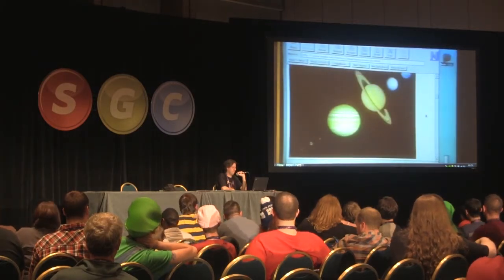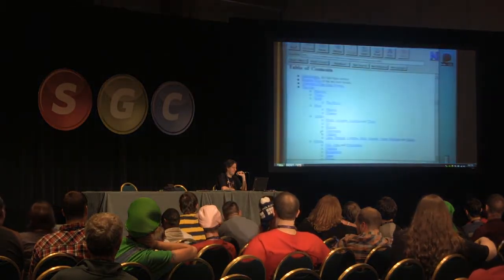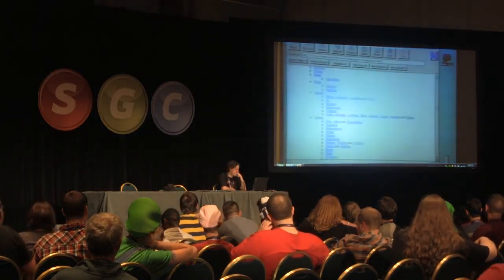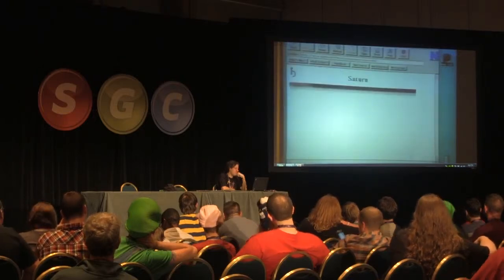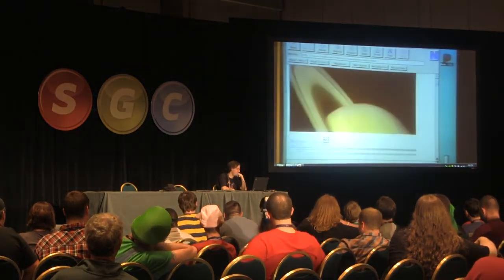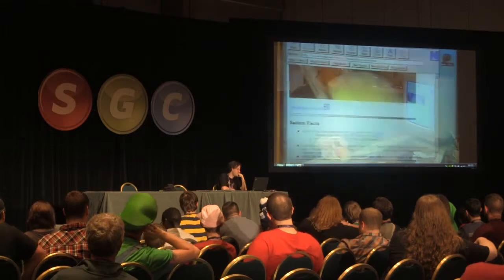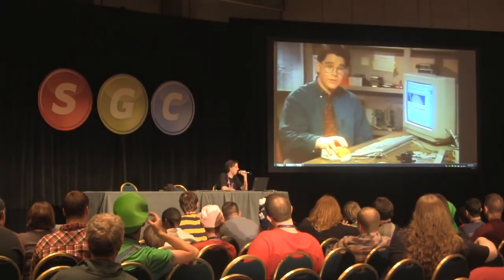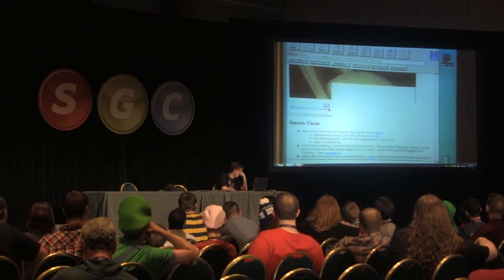Now, let's get some more detail about each planet. Go back up one page and let me see here. How about Saturn? I'll just click on the word Saturn. Check this out. It's a great graphic there too. And what's this? It's a little speaker inside of a blue box. I wonder what happens when I click on that. Let's try it.